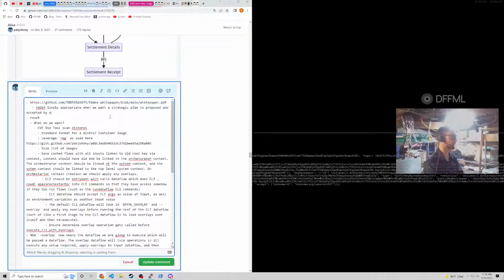So basically, if we see an input come in that says execute this data flow, and that input